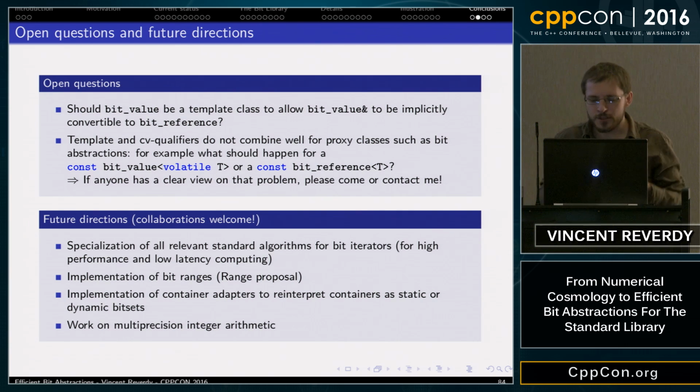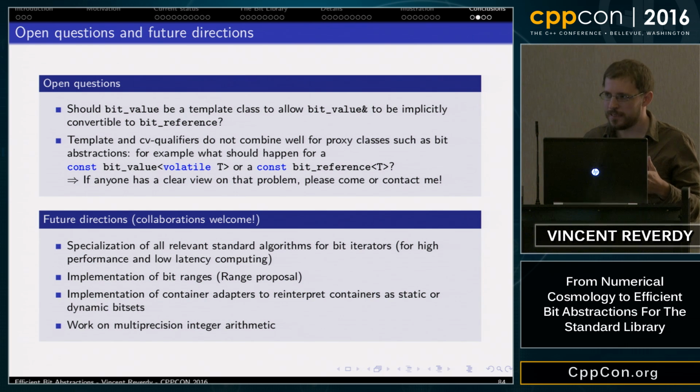So the answer to that is the range proposal, and particularly there is a proxy iterator proposal that wants to give generic tools to deal with proxy iterators and make people able to deal with this kind of problem.